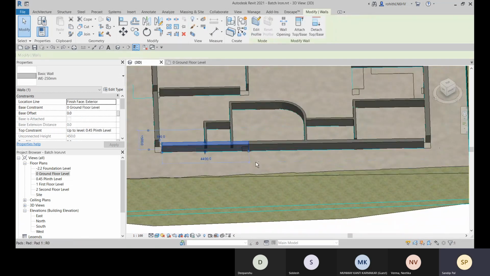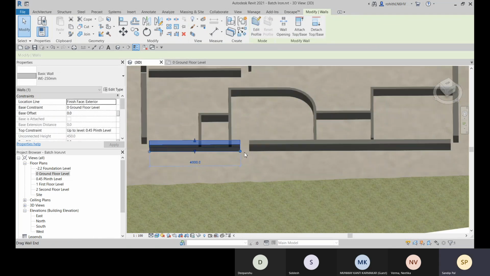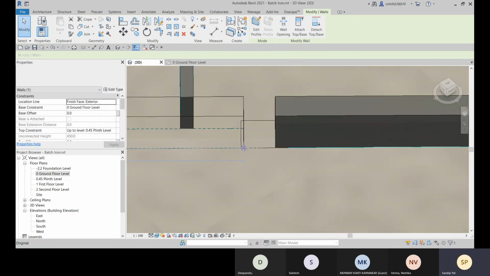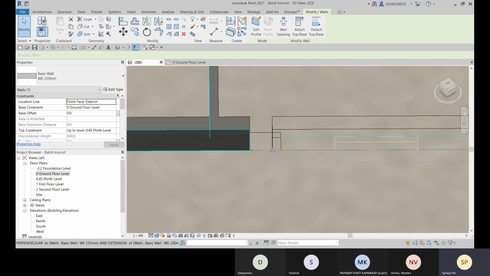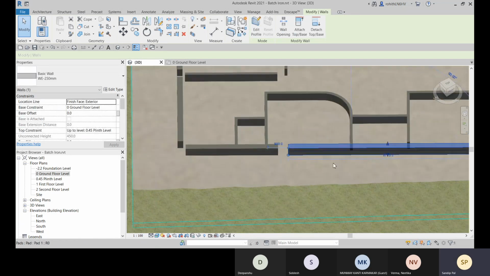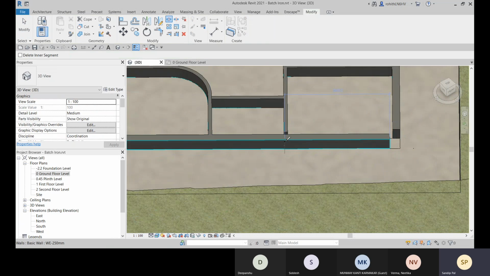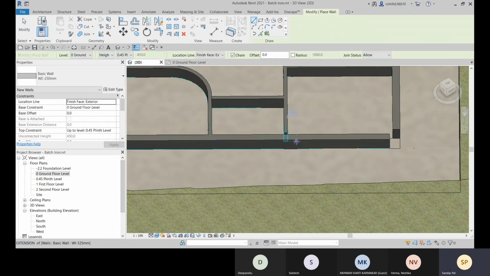Here also, now let me just drag this point till here. Go for this endpoint. Just find the SE, that is the endpoint, and for this also. And here also we need to split. So go for that split and enter.